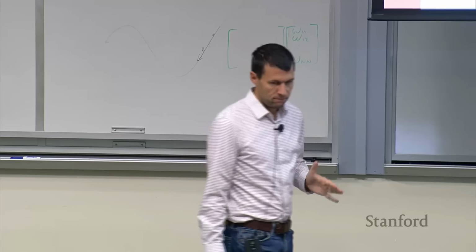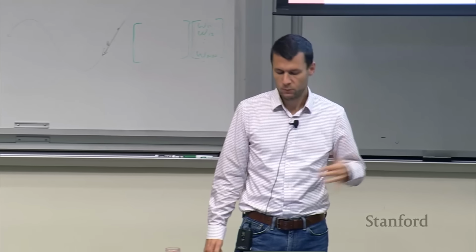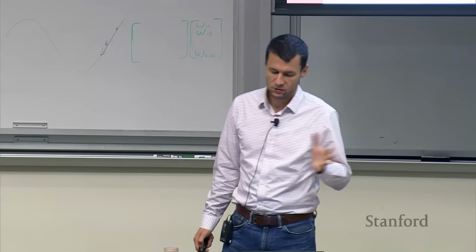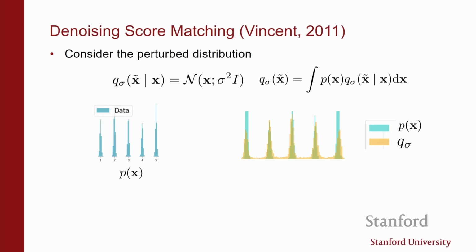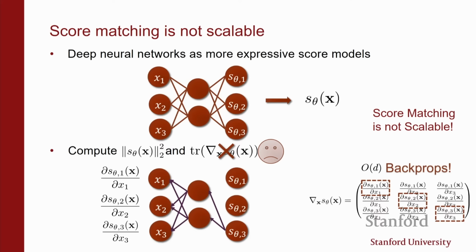Cool. So this vanilla version, which is something we briefly mentioned in the last lecture, if you recall, we said, okay, this avoids the partition function, but doing integration by parts is still expensive because of this Hessian term, or trace of the Jacobian in this case. And so we need more scalable approximations that work in high dimensions. That's what we're going to talk about next, which is how to get this to scale to high dimensional settings, where this D is large.